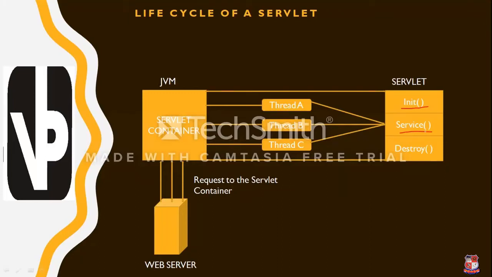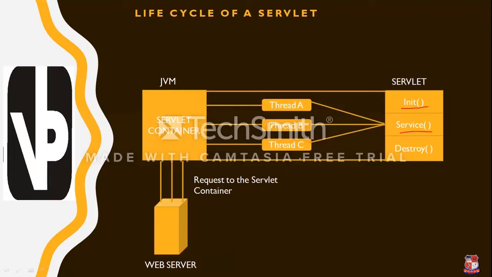The servlet container, that is the web server, calls the service method to handle requests coming from the client browser and to write the formatted response back to the client. The service method checks the HTTP request type, that is GET or POST, and writes the appropriate reply.